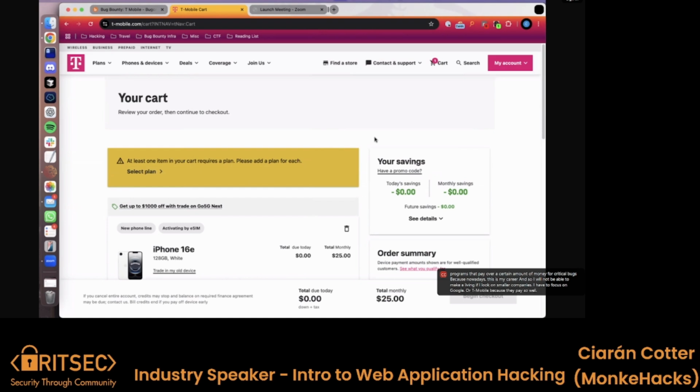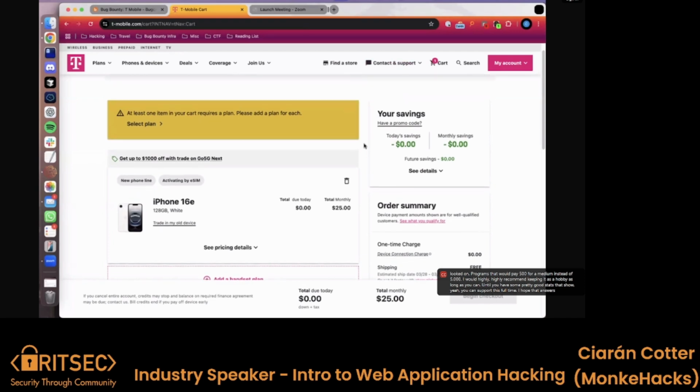But when I was starting, I started just when I started college, and I just wanted money to mess around with. I didn't want to get a part-time job. So I looked at programs that would pay 500 for a medium instead of 5,000. I would highly, highly recommend keeping it as a hobby as long as you can, until you have some pretty good stats that show you can support this full time. I hope that answers your question. I'm not sure I really addressed it properly, but